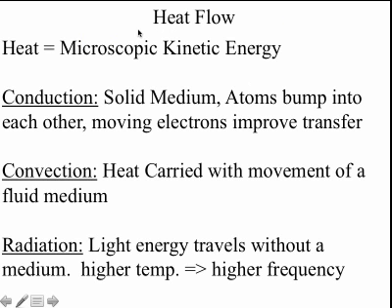So what do we know? Heat is microscopic kinetic energy. In conduction, you have a solid medium, and the heat is transferred by atoms bumping into each other, although moving electrons greatly improve the rate of heat transfer. In convection, the heat is transported with a fluid medium. It works much better than conduction. And so insulation technologies are really about stopping the convection through means of like fiberglass or feathers or something like that. And in radiation, light energy travels without a medium at all, and higher temperatures correspond to higher frequencies